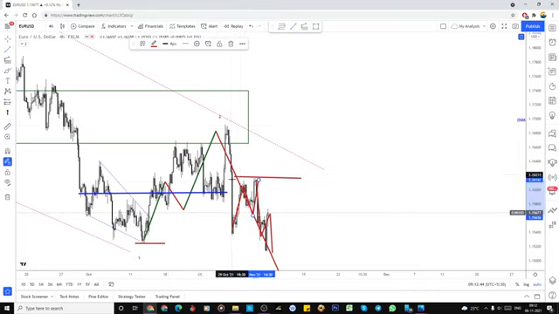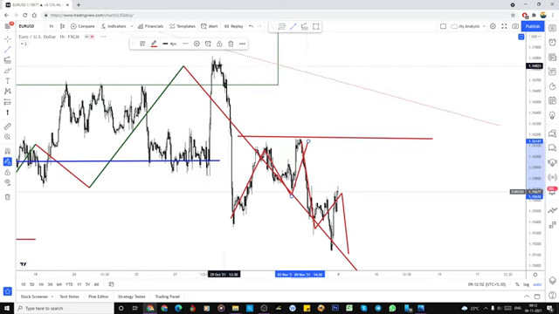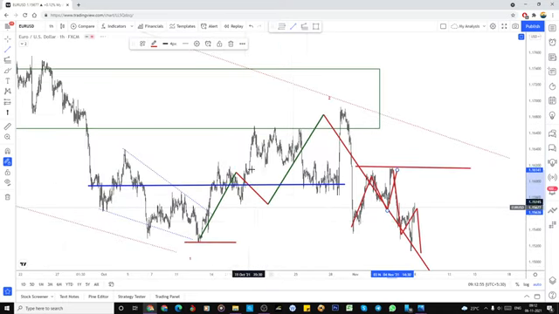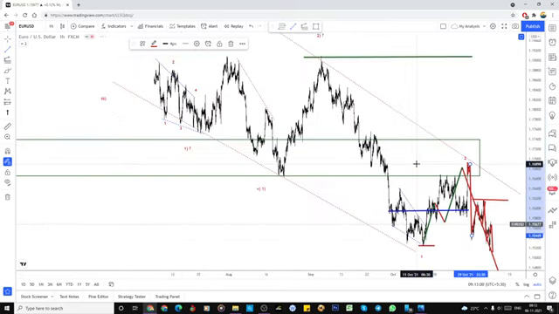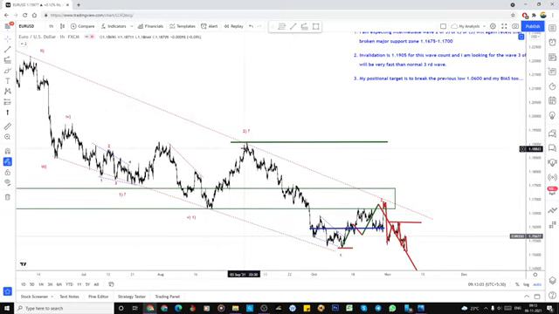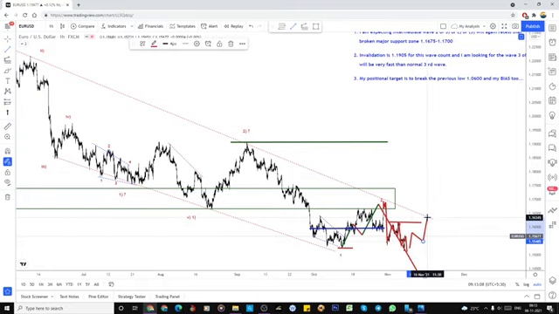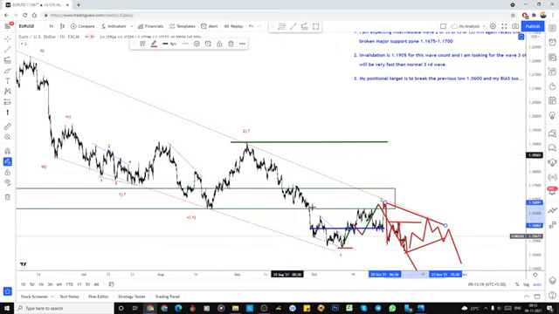So for this impulsive wave, we are in the correction. This is the impulsive wave. Or otherwise, if we take this as a three-wave structure also, then everything is still in the three-wave structure. So in that pattern, if this is wave 1, wave 2, wave 3, so this could be the wave 4 what we are expecting in that DXY also. So it could do like this and then immediately bang, like this kind of triangle can also be expected. Later onwards 1 2 3, and this is the triangle, could be a fourth and one more fifth wave